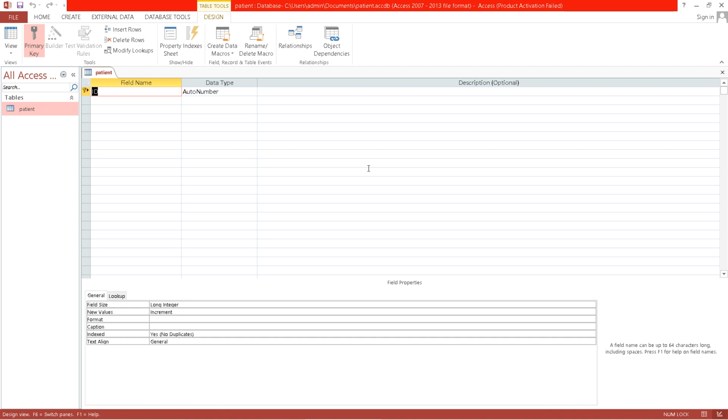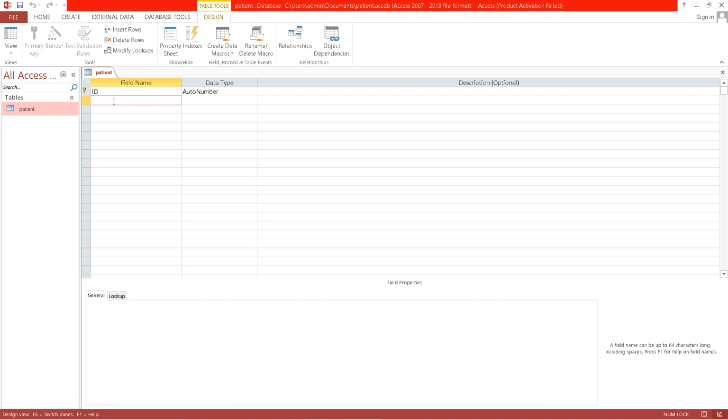Now what we are going to do is add different fields here. Like ID, by default we should keep it, since it is a primary key. A primary key is a unique key which is not going to be the same, and it is very easy to find records with the help of a primary key. Next we want to insert, suppose, patient name.